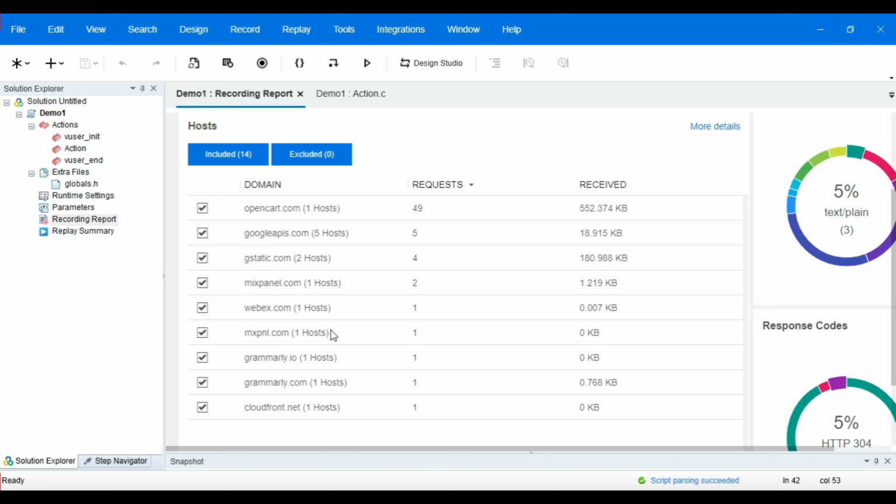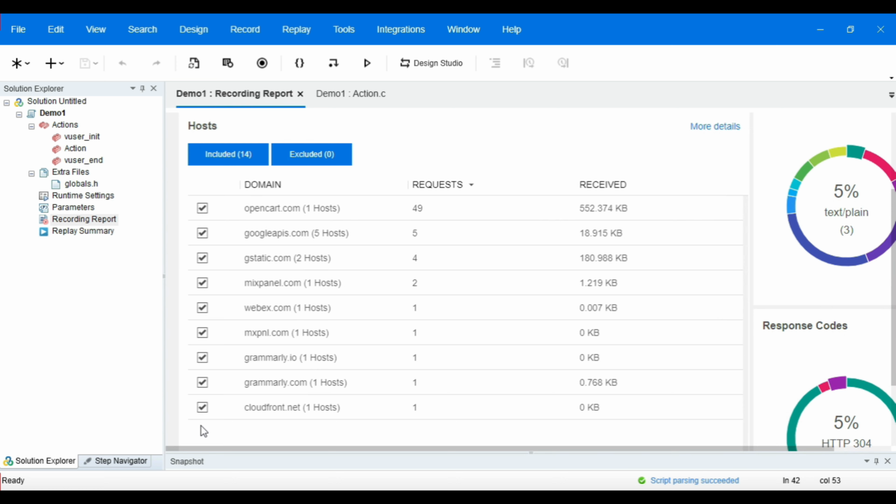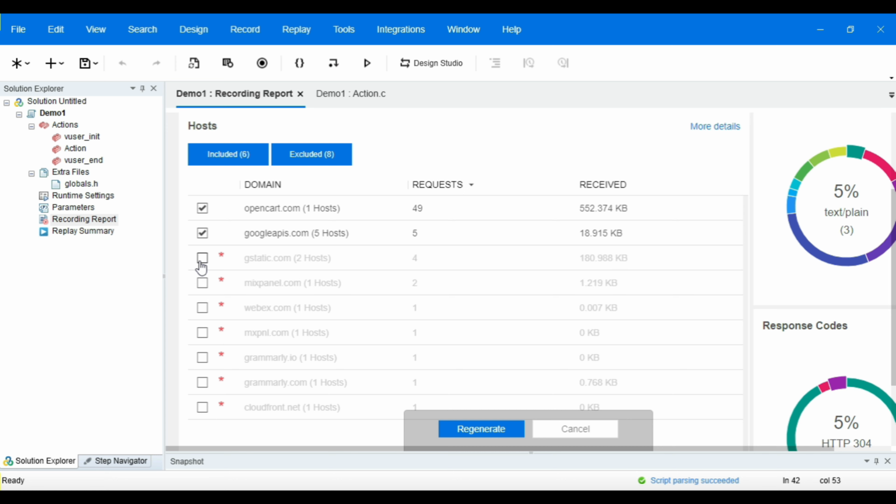So how do we filter all these external servers? One way is, once you have already recorded and generated your script and the recording report appears, you can uncheck all these check boxes, which are the external traffic, and click on this regenerate button. I am intentionally leaving out the Google APIs.